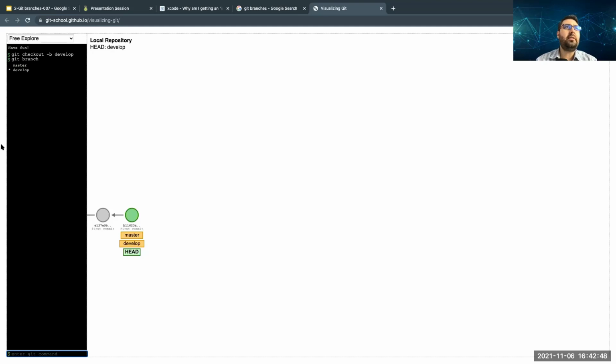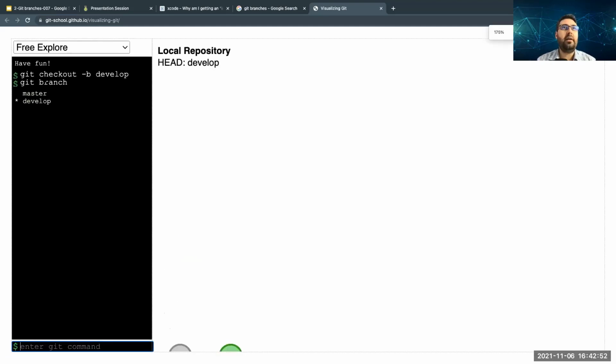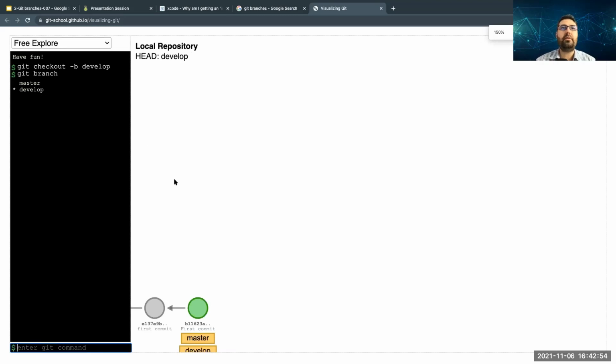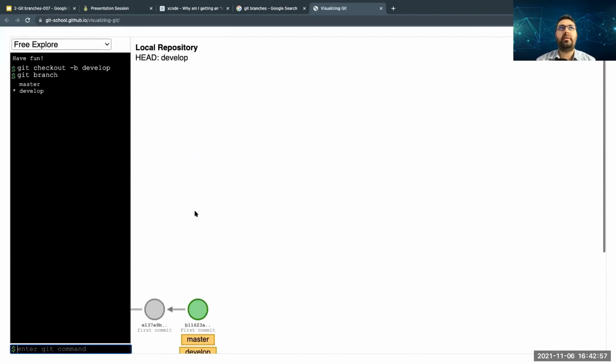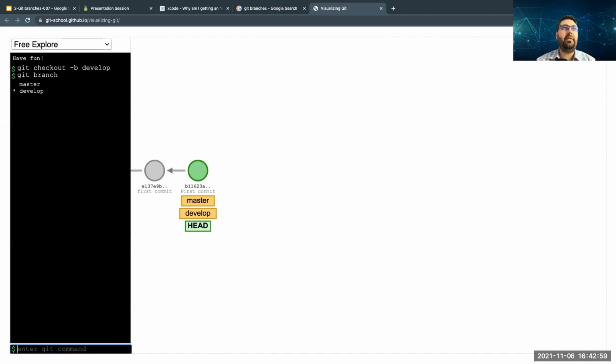It shows we are on the develop branch. Can we zoom in? Yeah, we do, but now we lost this. Okay, no worries. Now there's an asterisk here, so I'm on the develop branch. Good, I'm on the correct branch.